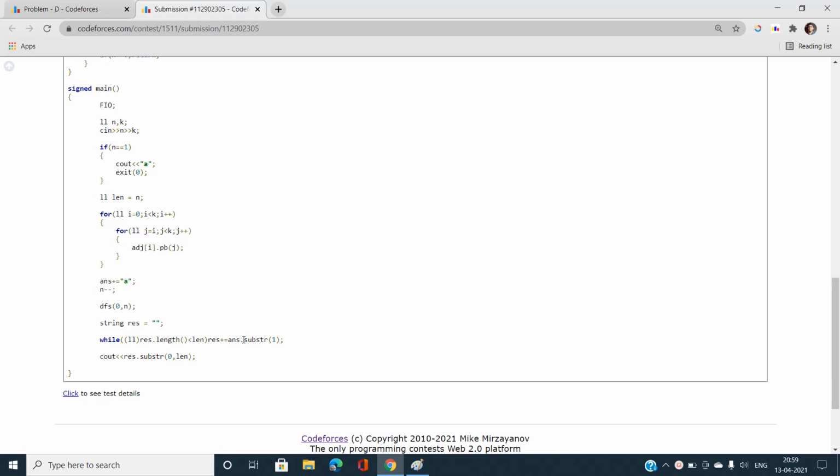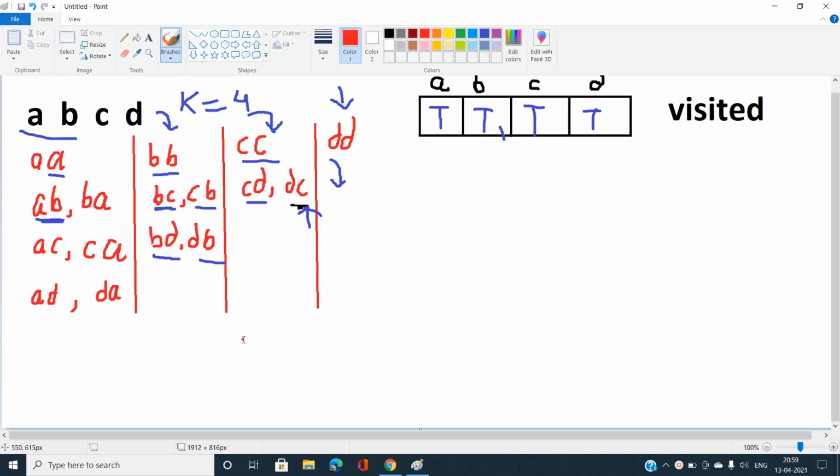As I have said, suppose I have characters A and B only, then I have distinct substrings like AA, then AB, then BB, and then BA. Okay, and this is of length 5. If I have been asked for length 6, I just need to repeat one more character.